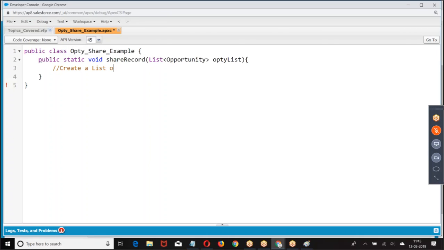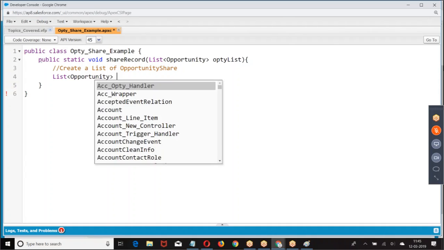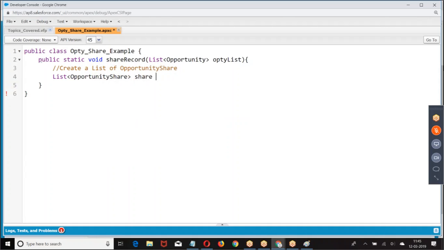Create a list of opportunity share. Opportunity share equal to new list of opportunity share. Then I'm taking one by one opportunity. Take one by one opportunity.